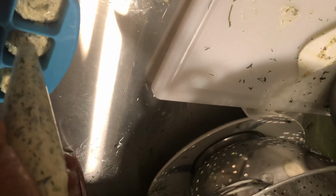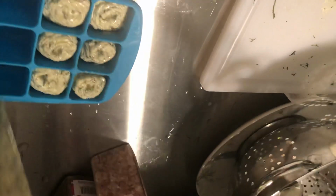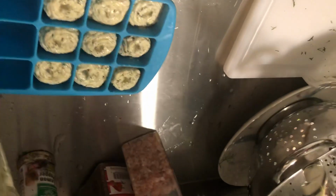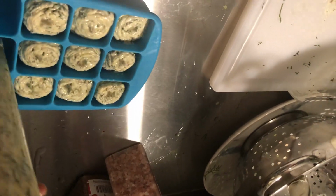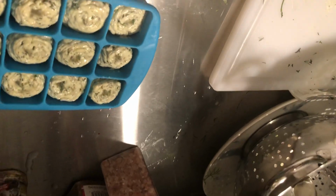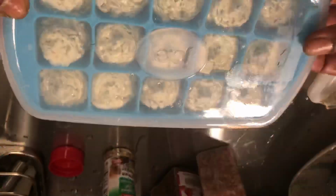And you don't want to overfill them because once we put the lid on, the lid is going to depress into this a little bit. Okay, so we're just going to go ahead and pipe all these little things. Okay, and I'm going to show you an alternative solution for those who don't have an ice cube tray or a silicone holder. So once the lid is securely put on, this is going to go into the freezer,